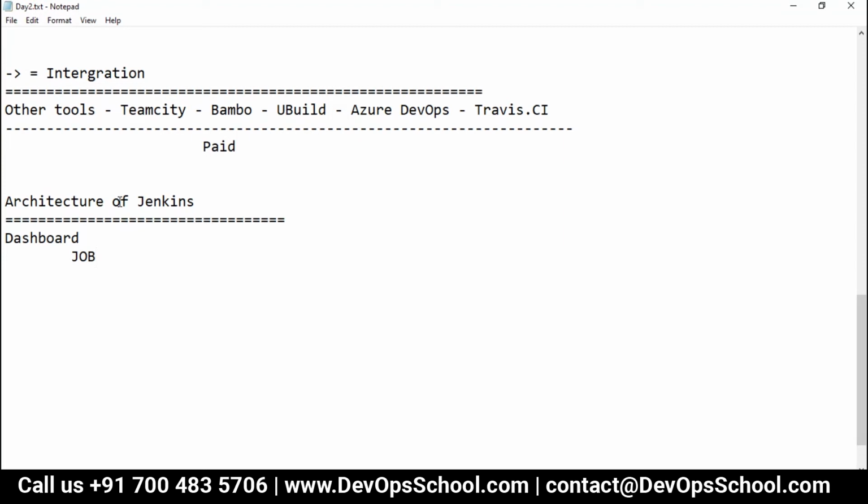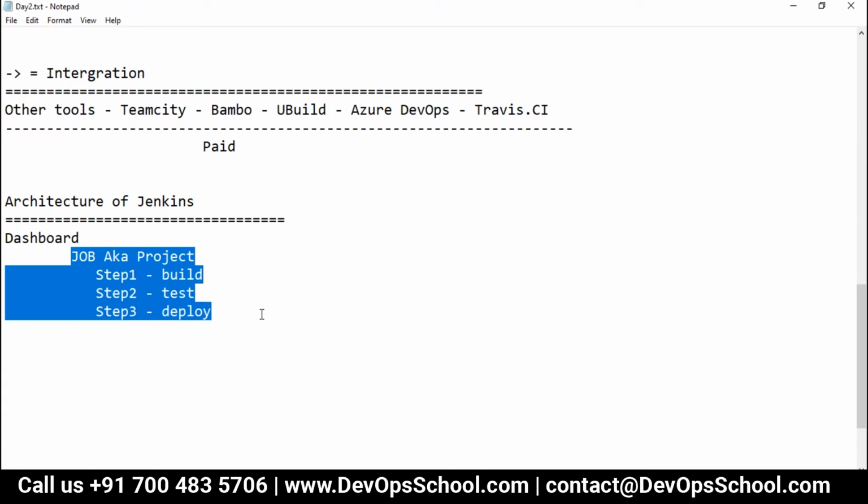Think simple: dashboard, create a job, and in the job we declare multiple steps, step 1, step 2, step 3. We call them build steps, such as build, test, deploy. This job is also called a project.